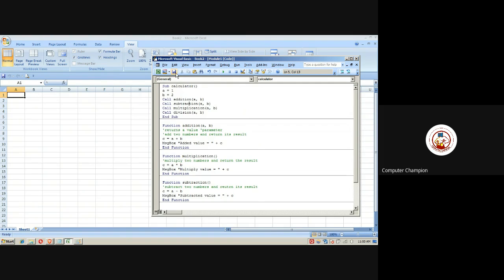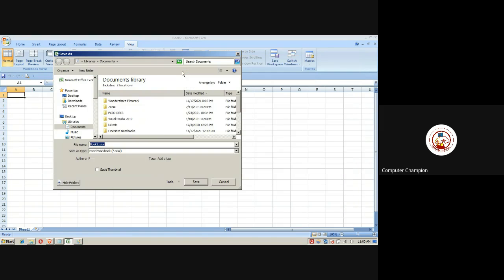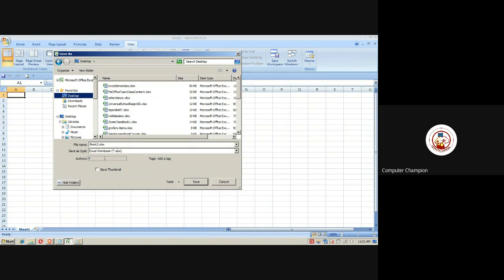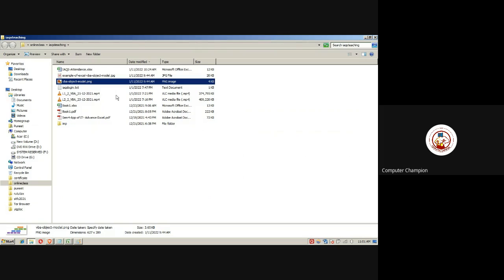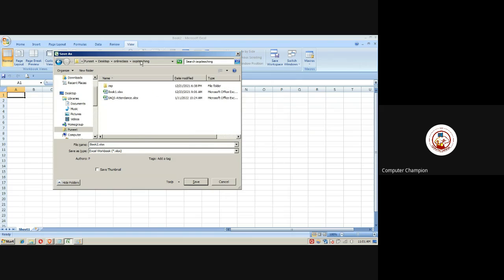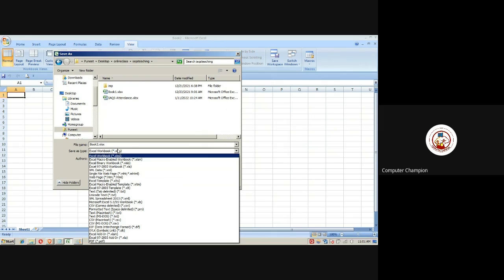Now to save the file, I can click on the save button here, or I can go to file save. I'll take the desktop, or in fact, I can save it in the folder which I have made. There are various formats in which we can save the Excel file. I hope you know the formats of the Excel files. So it's saved like an Excel file only, but it is XLSM. M is for the macro.